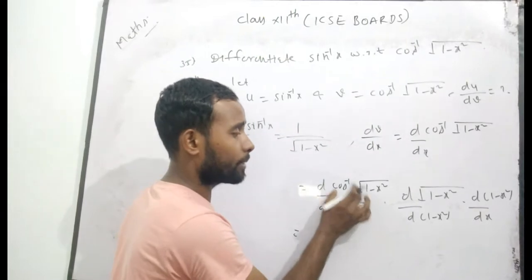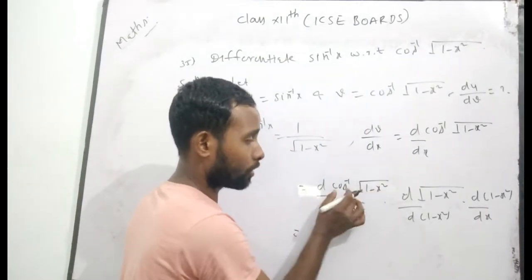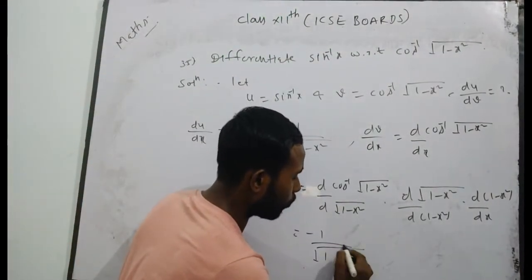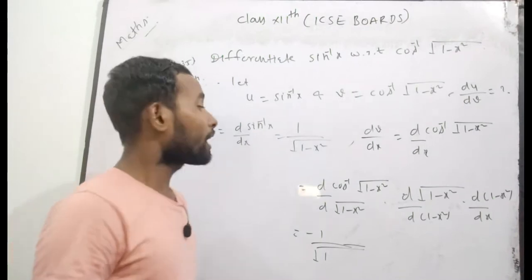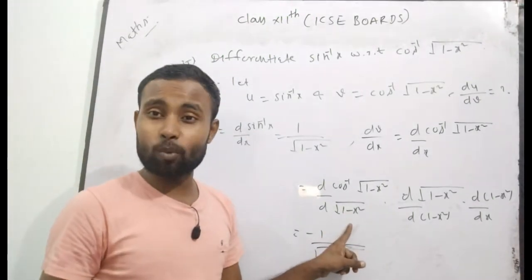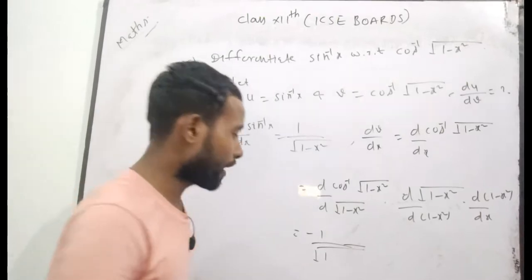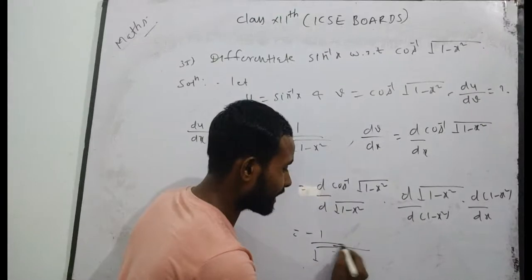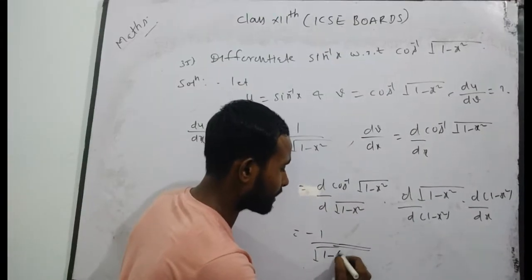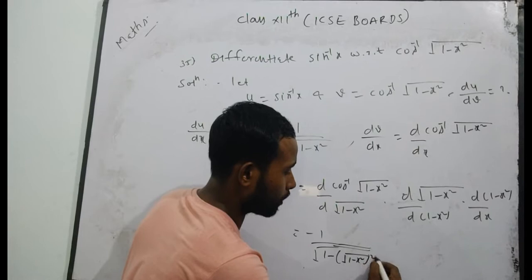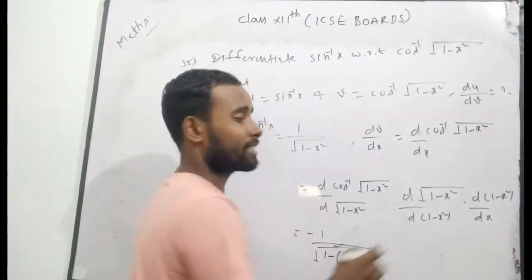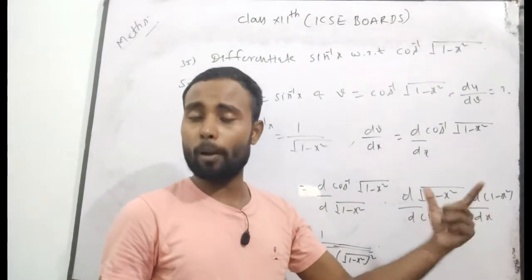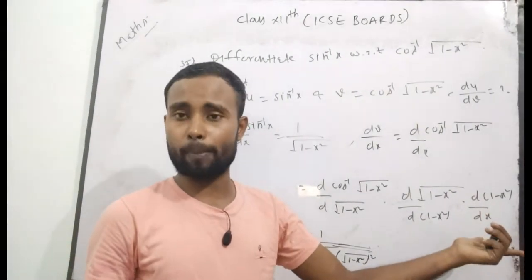Now as you know, the derivative of cos inverse p with respect to p will be minus 1 upon under root 1 minus p square, where p is under root 1 minus x square. In that case, minus 1 plus x square, finally you will get x square, because the remaining terms will be eliminated. If you couldn't understand, I will write it definitely. It's just 1 minus under root 1 minus x square whole square. Derivative of root under 1 minus x square with respect to 1 minus x square: suppose that this is p, then under root 1 minus x square will be root p. That means in place of 1 minus x square I have supposed p.